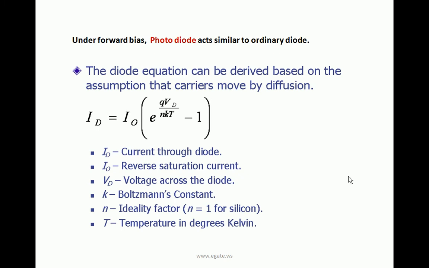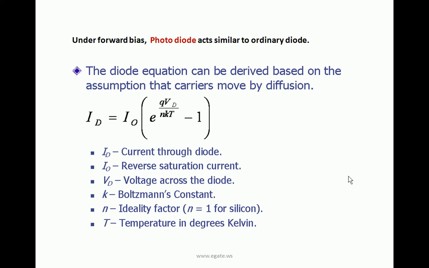From this equation under forward bias, I0 is proportional to the light illuminated. As light illumination increases, I0 increases, which makes the diode current in forward bias also increase for the given applied voltage. But this increase is small compared to the rate of increase in reverse bias. In reverse bias the current is small, so even if you add a small number of minority carriers, the total will be large in proportion.